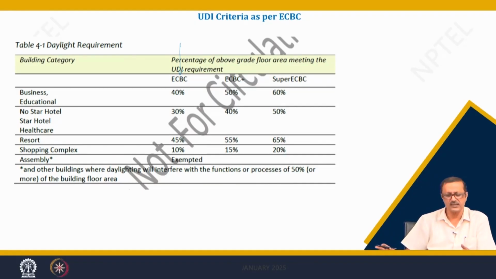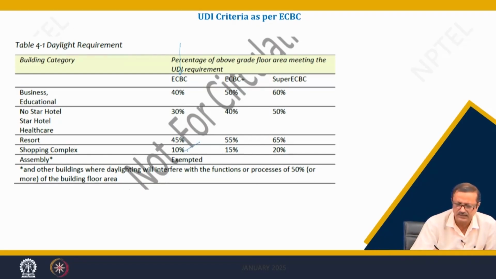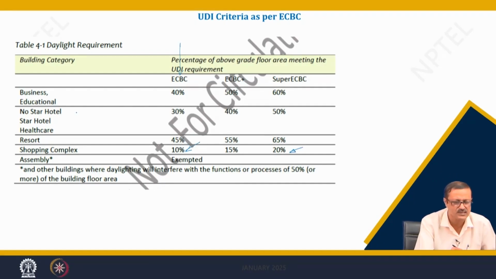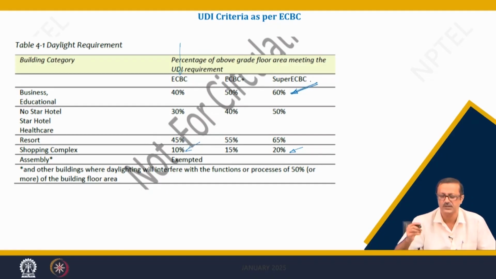40% of the area, 60% of the area may not have, right. If it is a shopping complex, I can get the ECBC daylight requirement only if it is 10%. But if I want to go for the super ECBC, it should be 20%, and in this case, business and educational schools, it should be 60%. 60% will be the requirement. So, 60% of what? 60% of the floor area, 60% of my classroom, 60% of my lecture theatre, 60% of my faculty areas or whatever should have